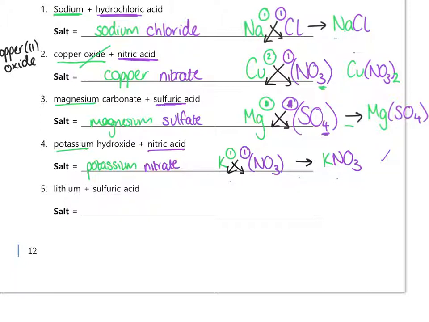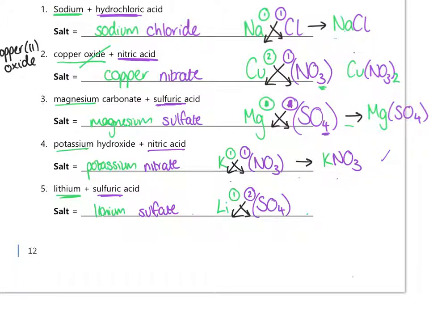Alright, and then lithium and sulfuric acid. My salt is going to be lithium, and then sulfuric acid changes to sulfate. Lithium sulfate. So looking at my formula, lithium is Li, sulfate is SO4. I'll put brackets around it because it's a molecular ion, just in case. Working out our valencies now, lithium has a valency of 1. Sulfate has a valency of 2. So when I swap and drop those,